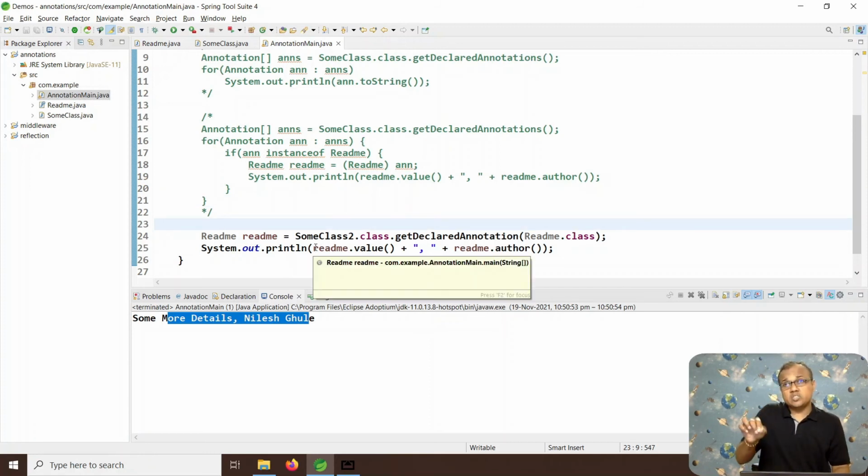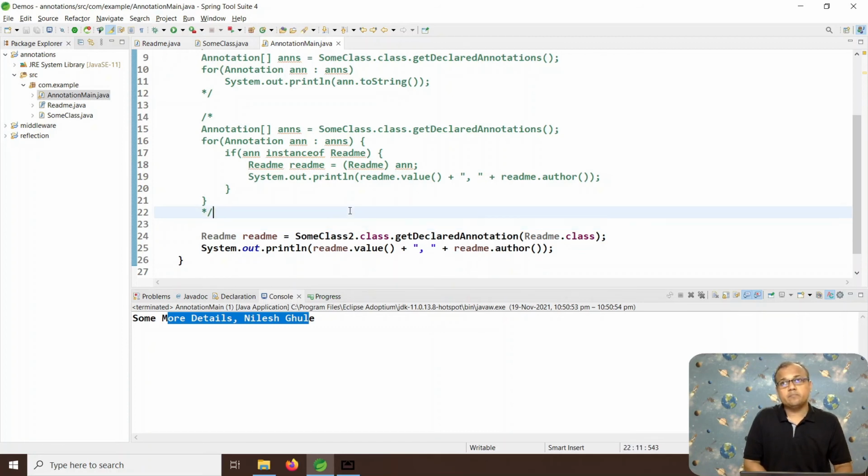What if the annotation is present at the field level, method level, or parameter level? In reflection, we have seen that there are Method, Field, and Constructor objects to get the metadata of the respective entities. The getAnnotations method is available in all these Field, Method, and Constructor objects, and we can use those methods to get the details.